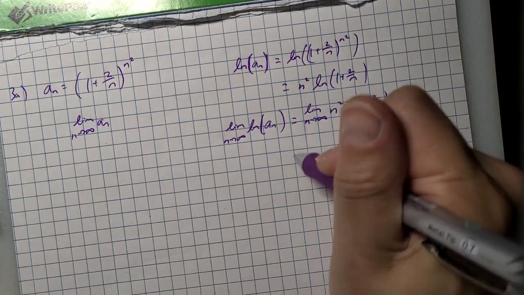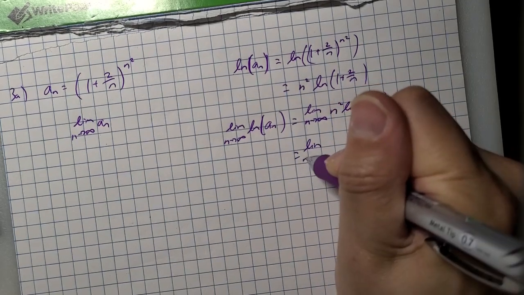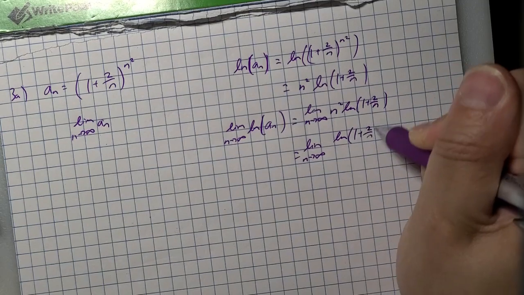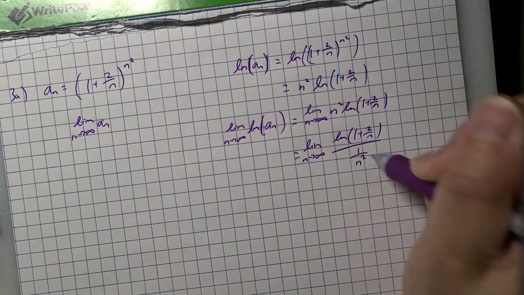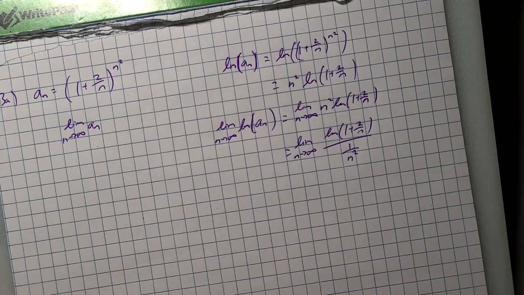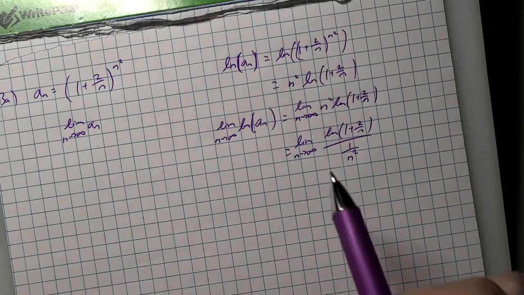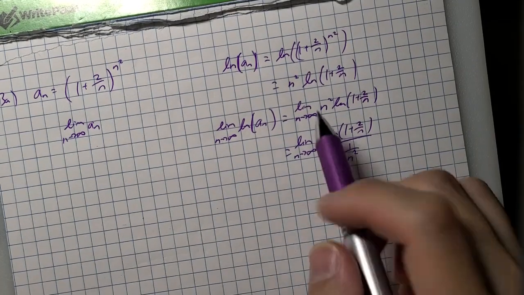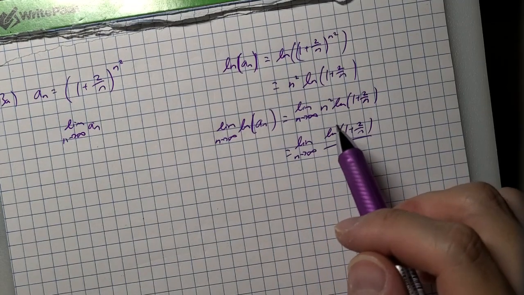We can rewrite this as the limit as n goes to infinity of natural log of (1 plus 2 over n) over 1 over n squared. We want to do that because... did I do this right? Let me double check my work. If I do this,